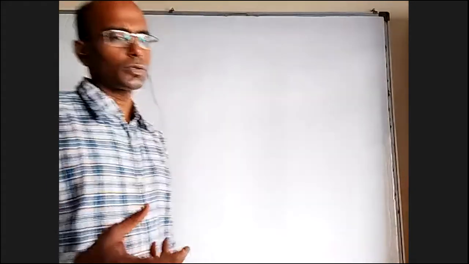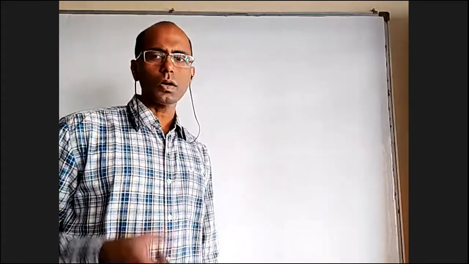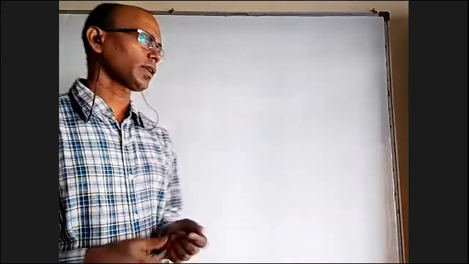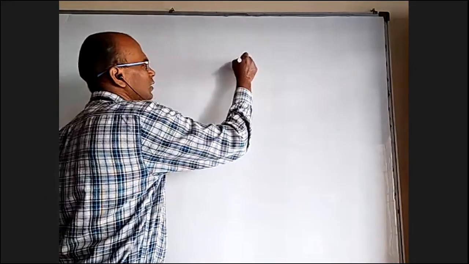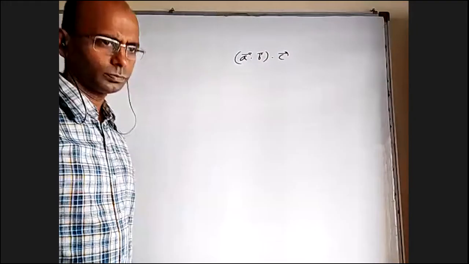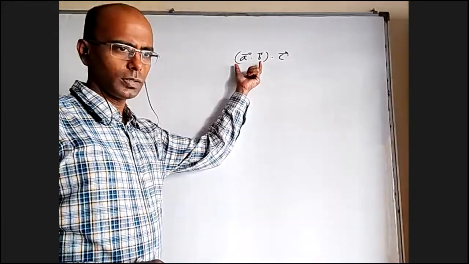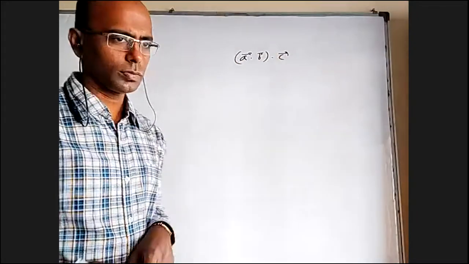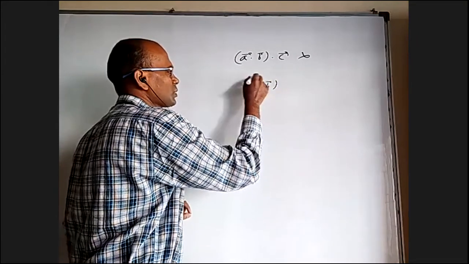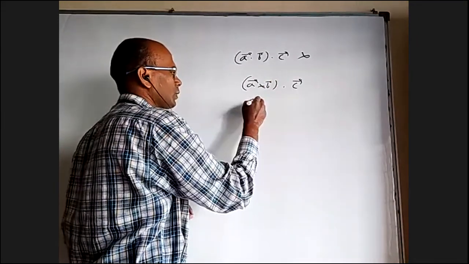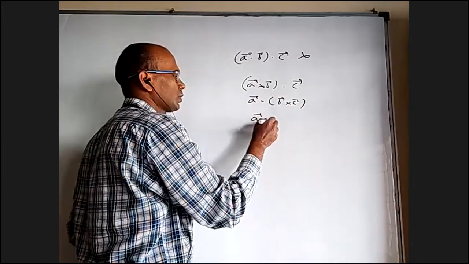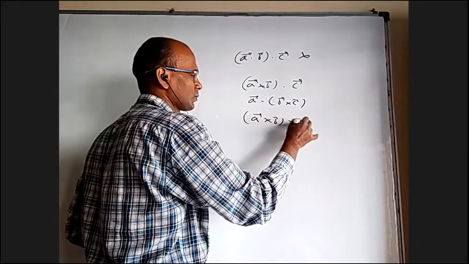Like when you multiply two vectors, the final product can be scalar or vector. The same way, when you multiply three vectors, the final product can be scalar or vector. If you take a bar dot b bar dot c bar, it is meaningless because a dot b is a number. Number dot product with vector, there is no such thing, so it is nothing to talk about. But we can talk about a bar cross b bar dot c bar or a bar dot b cross c. We can even talk about a cross b cross c.